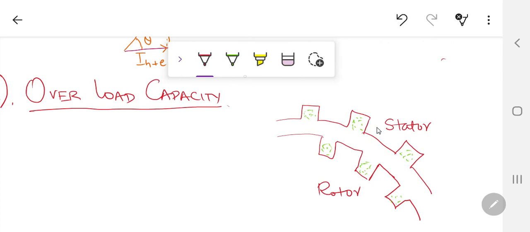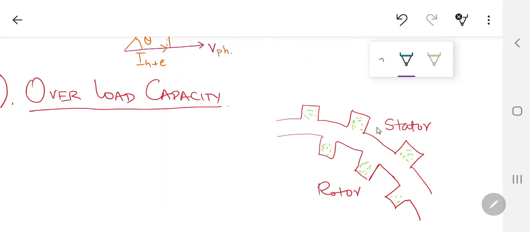Now at this point, if there is going to be a flux produced over there, since the flux being produced by this conductor will try to flow from here towards the stator, and then it will come back to the rotor, and then come back to the stator, and then come back to the rotor. I'm not saying that all of the flux is going to link like this, because certainly the rotor is rotating, but there will be a portion of that flux that will be called the zigzag flux.